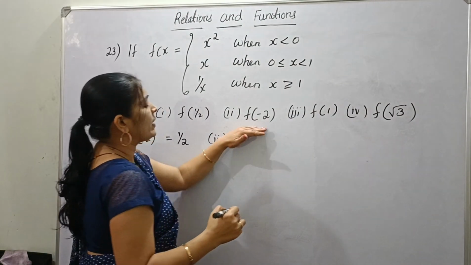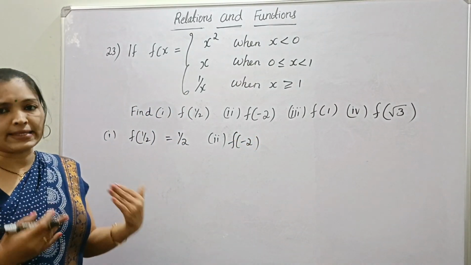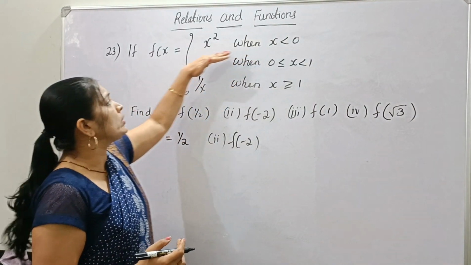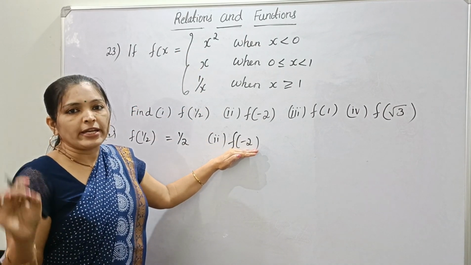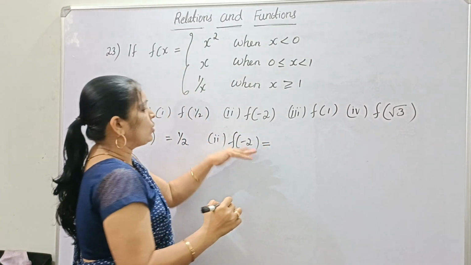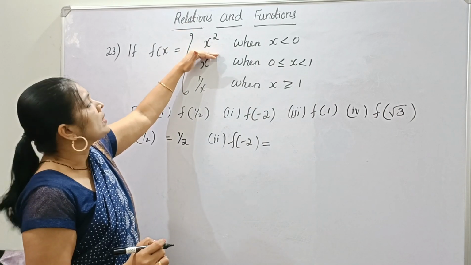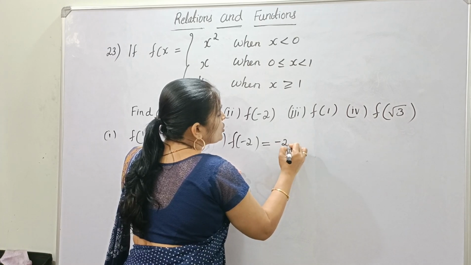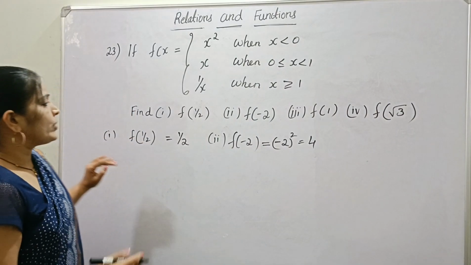Second, here f of minus 2. See, minus 2 is less than 0. When x is less than 0, the function is x square. So put x is equal to minus 2 in this function. Minus 2 is less than 0, therefore here we consider the function x square. Substitute x is equal to minus 2. So minus 2 square, that is 4. So, next one,